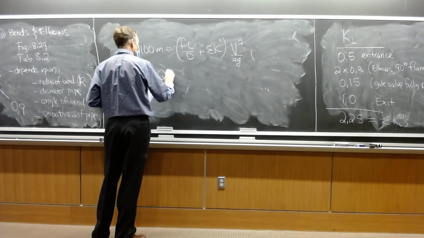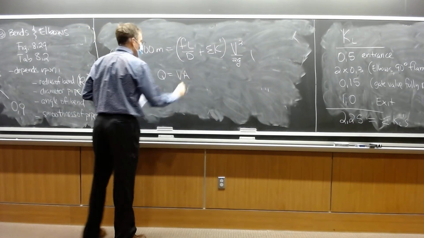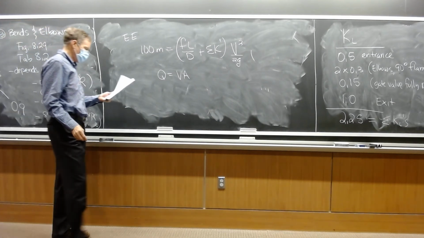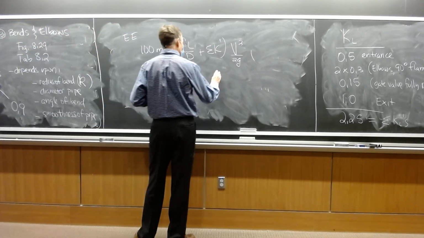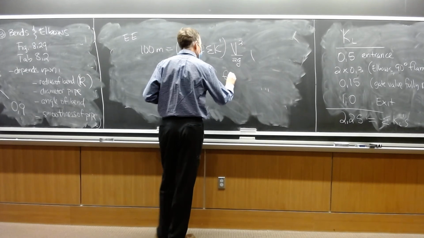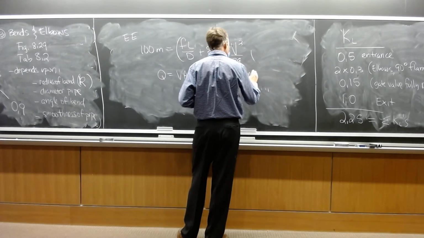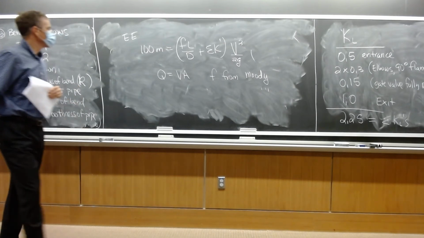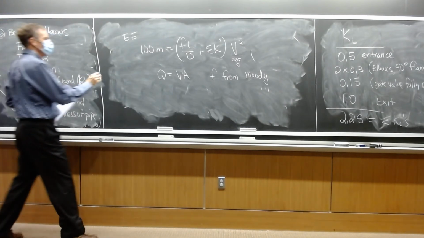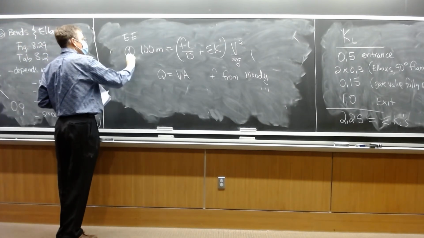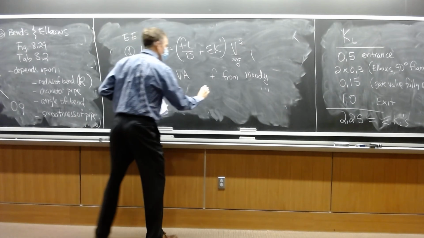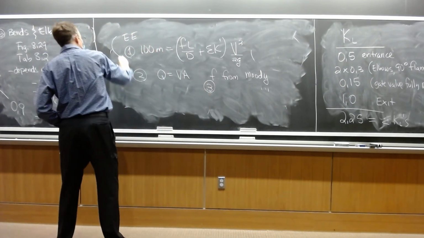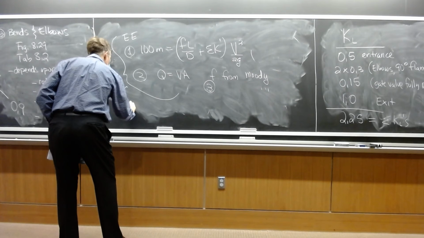We've got continuity, steady state continuity, the relationship between flow and area. And we can get friction factors from Moody diagrams. So we've got three separate pieces of information that we use to